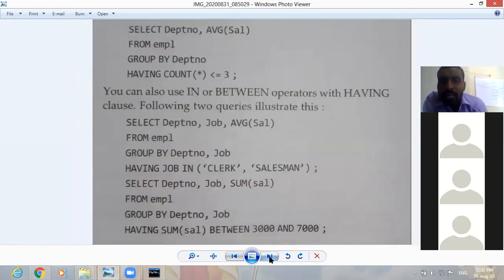Then another example: having count less than or equal to 3. One more example: you can use the in or between operator, like here, having sum of salary between 3000 and 7000. Different examples are there. We can use them according to different conditions.